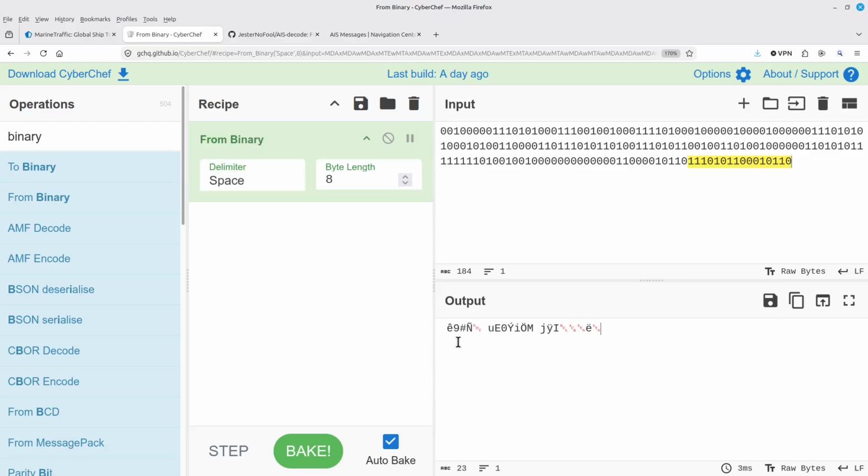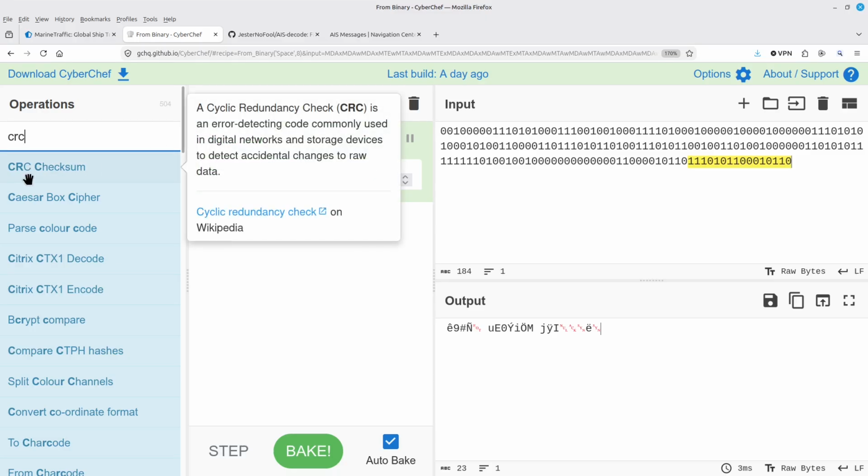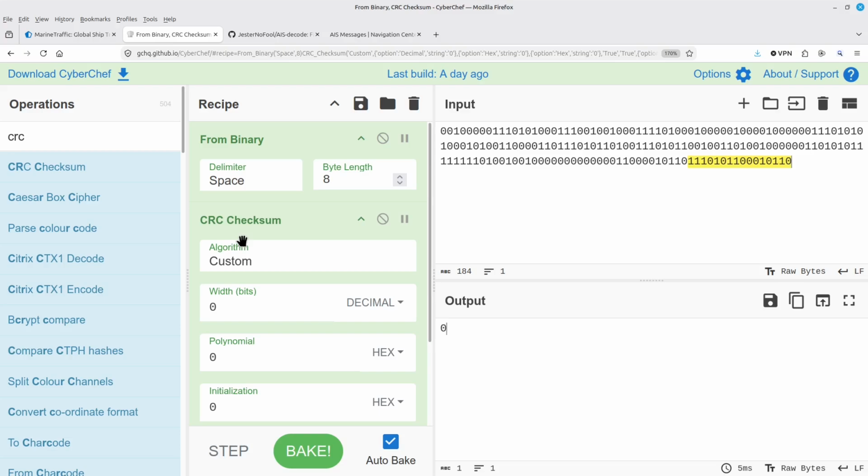Going to give you a string of random seeming symbols. Ignore that. Next thing, in the search bar, I'm going to type CRC, and I'm looking for the block called CRC Checksum. Click and drag that over to our recipe. The algorithm defaults to custom, at least on mine. Perhaps it does something else for yours.